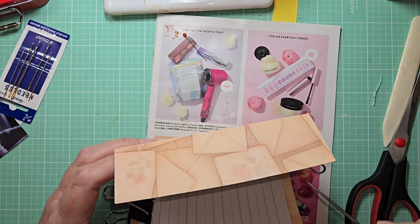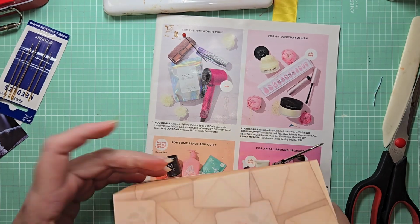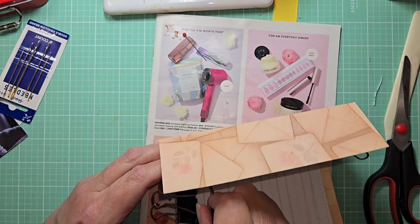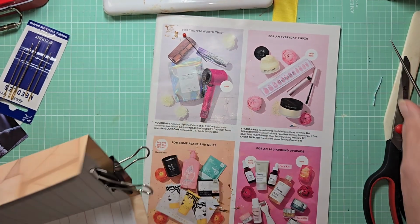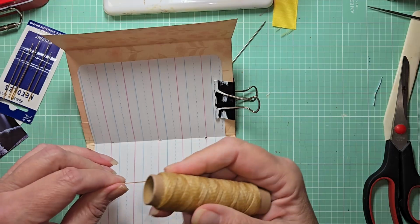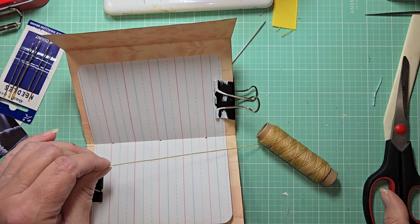So now I'm going to go about 1 inch, and again about 1 inch. Okay. And I'm gonna do 1, 2, 3 widths,